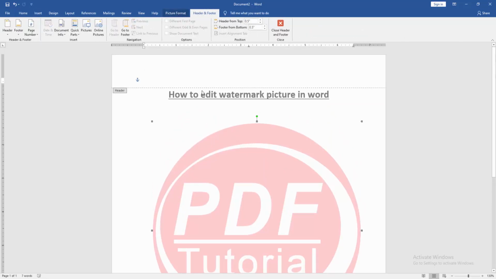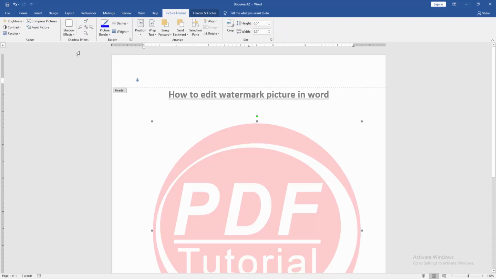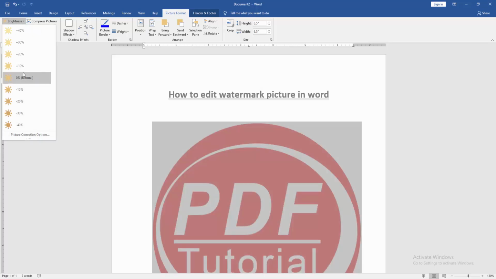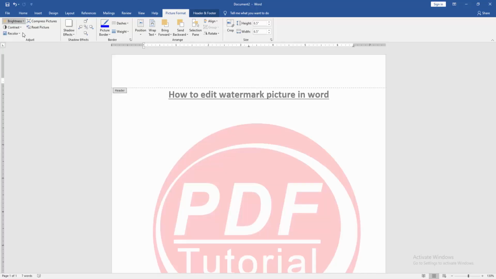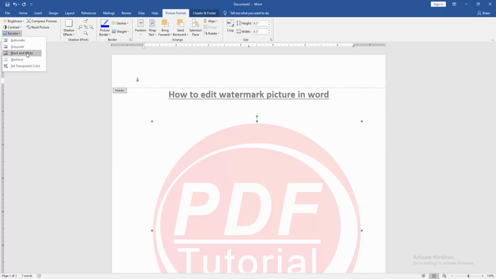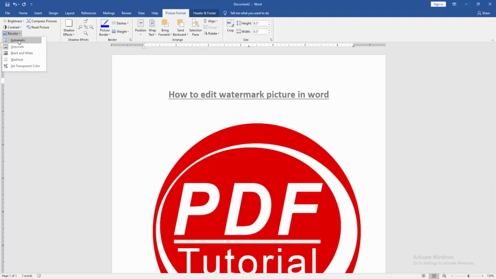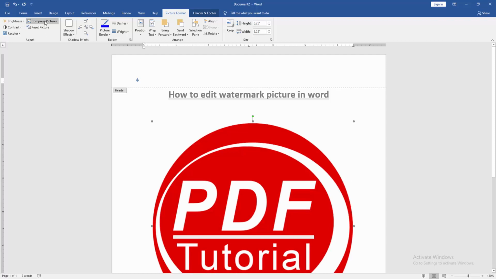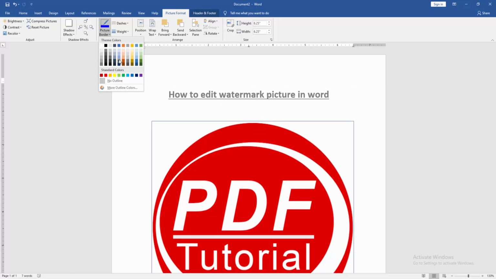Then click the picture and go to the Picture Format menu. Then edit the picture. Change the contrast or brightness, anything. Otherwise, apply shadow, reflection, etc. You can recolor this picture. Otherwise, reset the picture or compress the picture. You can apply a border or